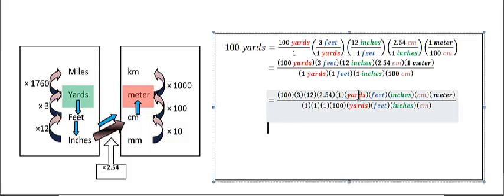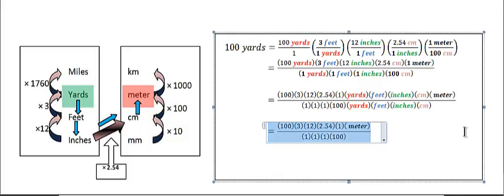So I can cancel this unit of yards with this unit of yards. And the units of feet and feet, the units of inches and inches, the units of centimeters and centimeters. So the only unit I have left is meters, and the only numbers I have left are all the original numbers. Okay, now your job is to calculate out these numbers. Well, I'm actually going to cheat because I see that while I was busy getting rid of things, that 100 would cancel with that 100. All I have, these ones are superfluous, so all I got to do is multiply these numbers together and I will get the answer. Turns out the answer is